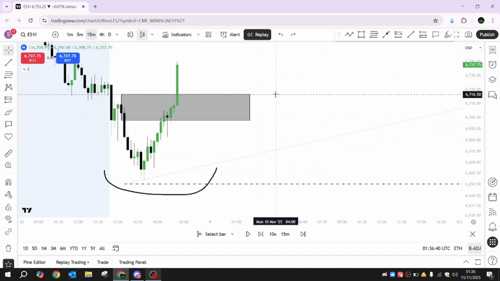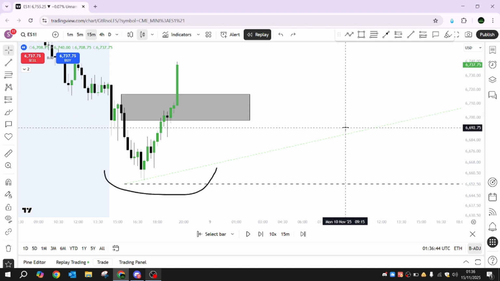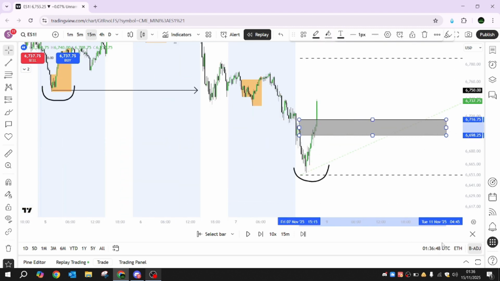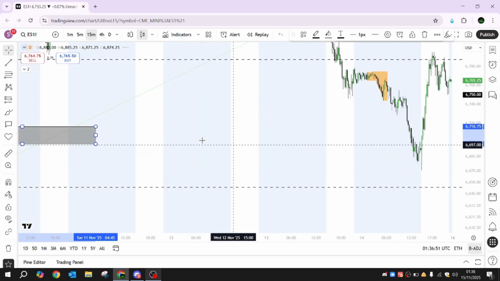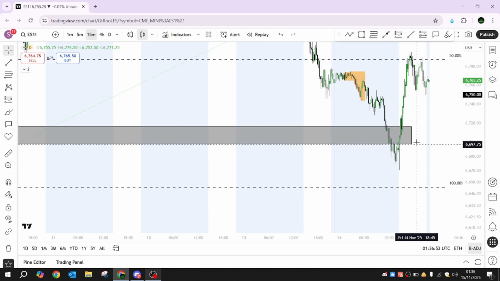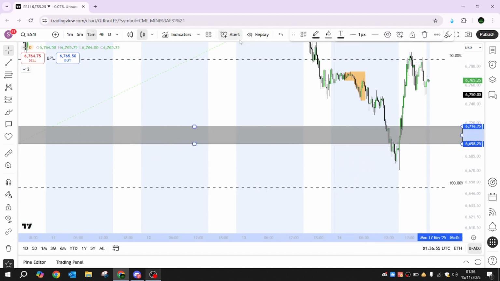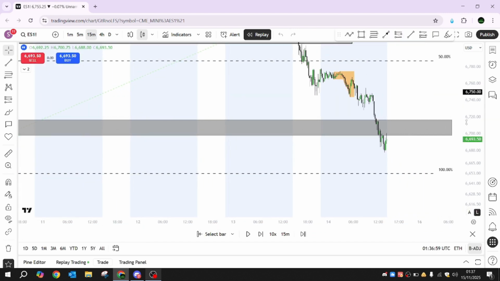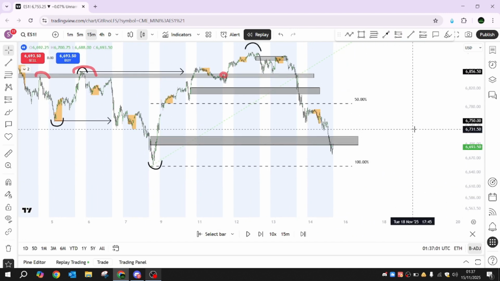So the key level again was 67.16 to 6,700 basically, right? So 6,700 to 67.16 area. So once I had that level in place, I was just simply dragging it over. That's all I was doing. And I follow the same principle as Thursday and Wednesday, just flipped on its head. So this is what I'm looking for, right? So this is, again, a very